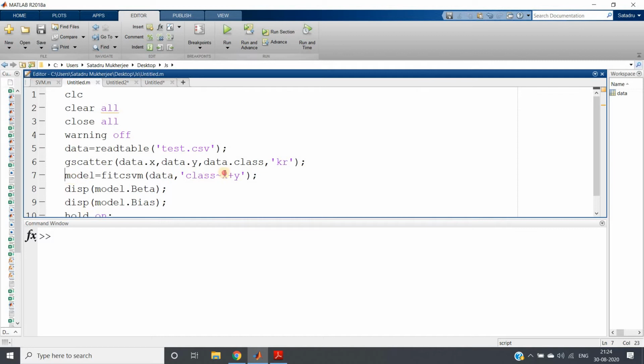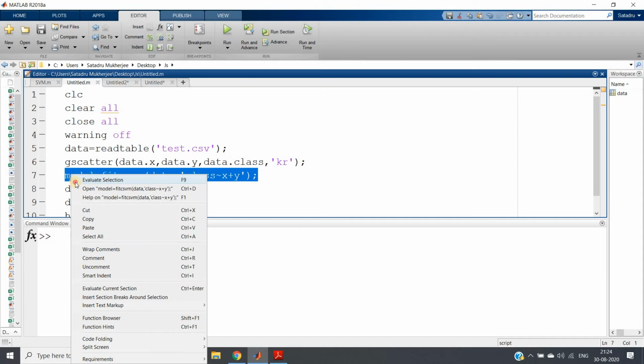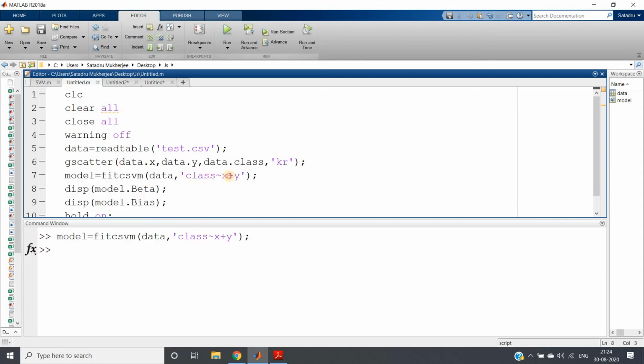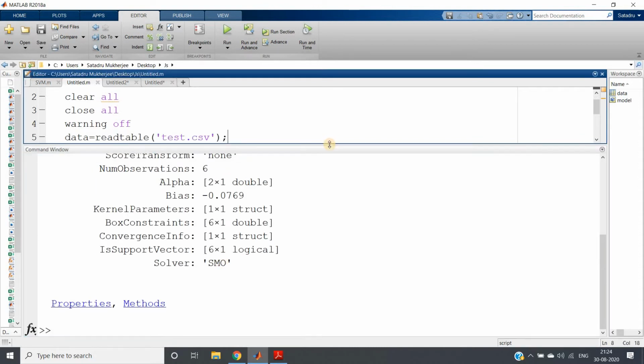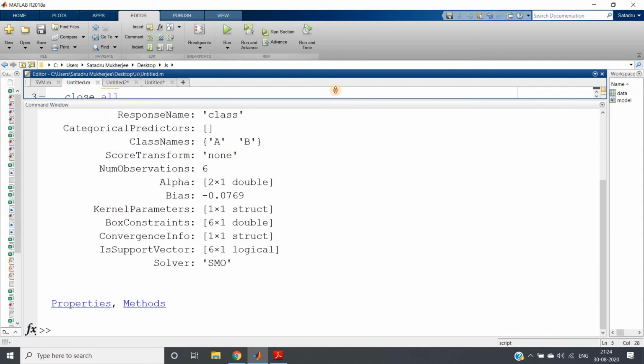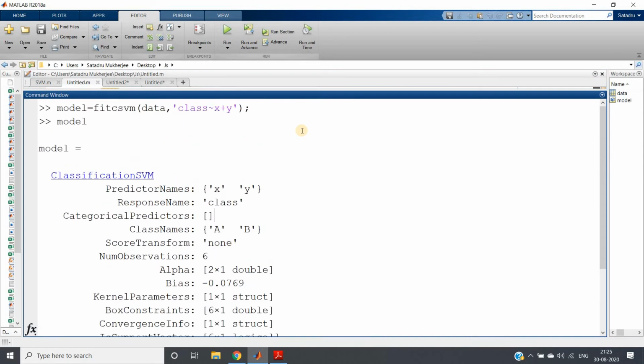Next, I am creating the model. My dependent feature is class and my independent features are x and y. I have executed this, and if I write model and hit enter, I get many properties. Here is where the concept comes in: why you need to know the mathematical intuition of the algorithm working behind this classifier.